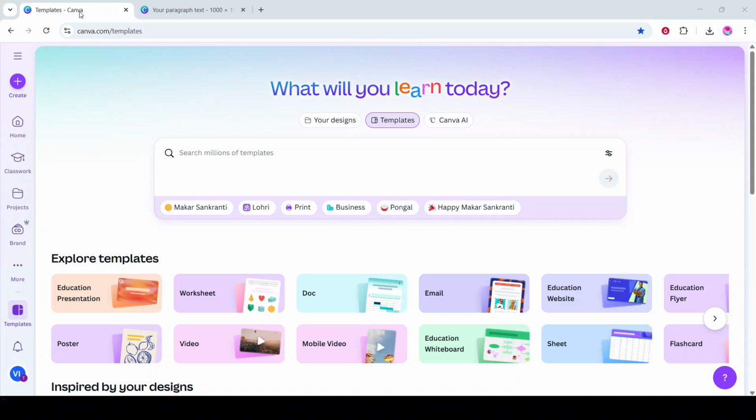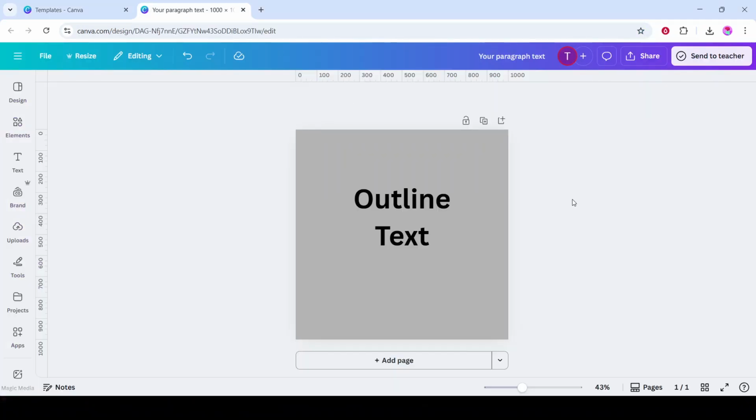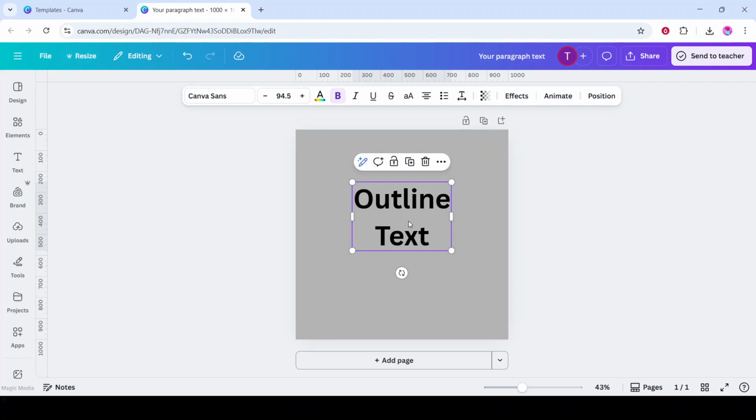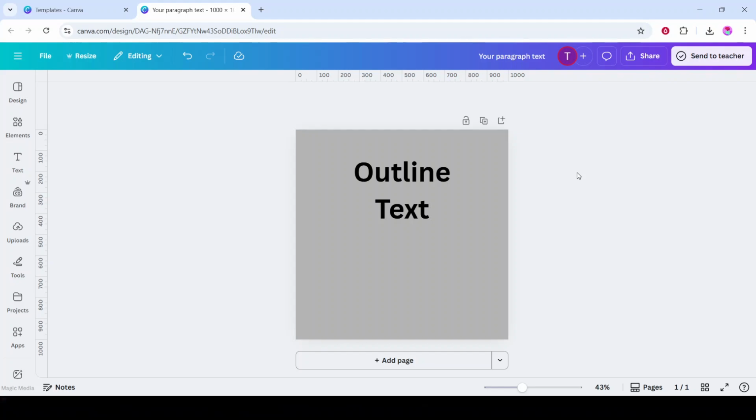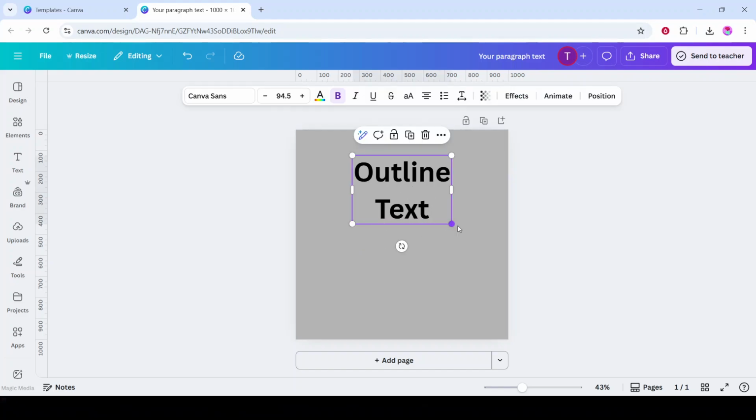Go ahead and open your project in Canva. This can be any design you're working on, perhaps a social post, a presentation slide, or a thumbnail. Once your project is open on the canvas, click the text box you want to edit. You should see a bounding box appear around it, confirming it's selected. If you have multiple text elements, be sure you're selecting the specific one you want to outline, not a shape